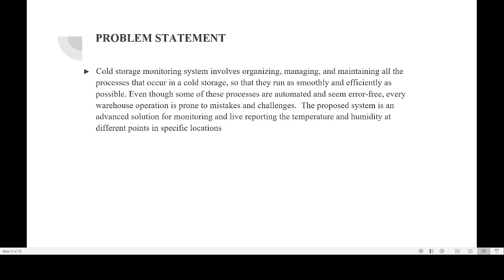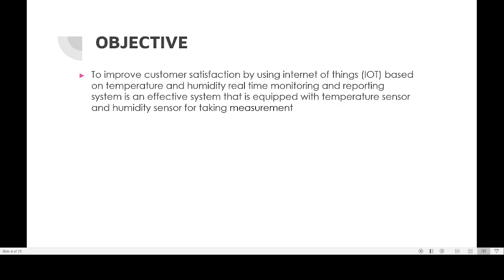maintained continuously. In the proposed system, the advanced solution is live monitoring and operation, where temperature and humidity play the major role at different points and specific locations. The next slide is the objective: customer satisfaction and improvement of the product with the use of the Internet of Things, for real-time measurement of temperature and humidity and of systematic consumption. Next,